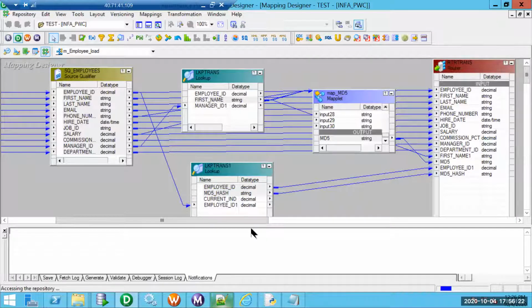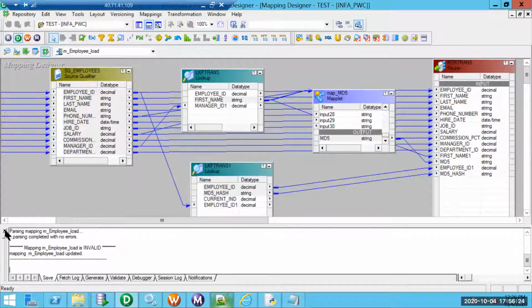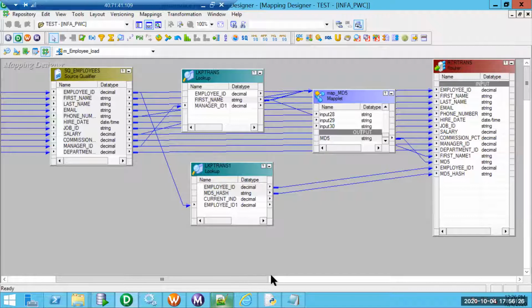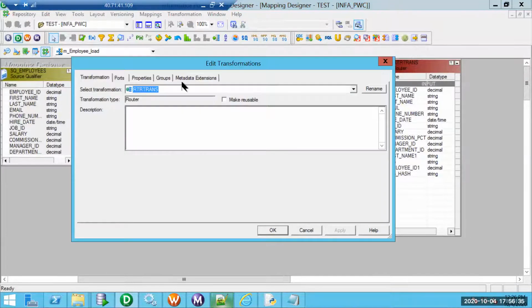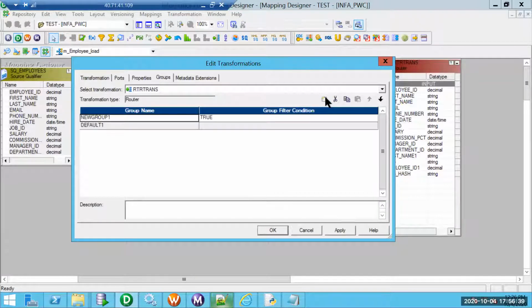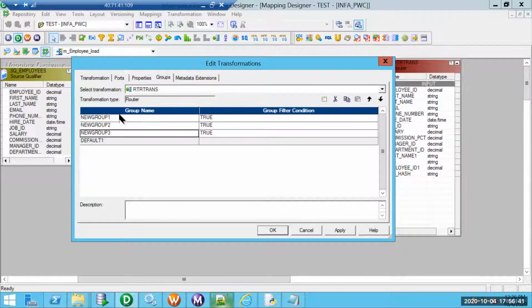So I have quickly added the fields. I made sure I saved it, because if it throws any error we will not lose the configurations we have done. I'll quickly create three groups now: one is meant for insert, one is update on SCD, and then update SCD.